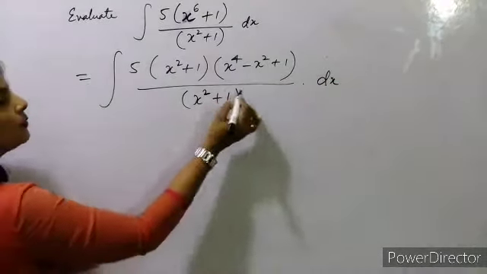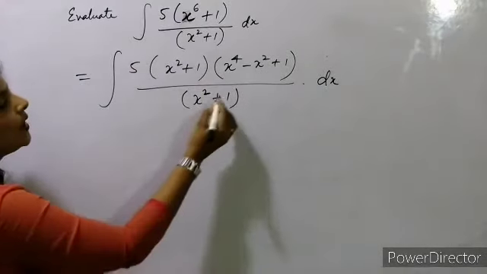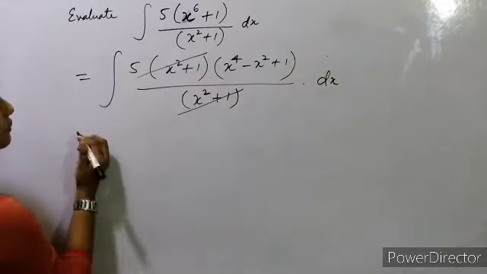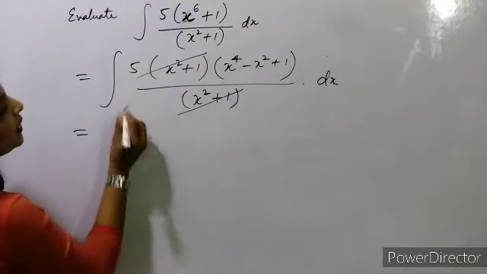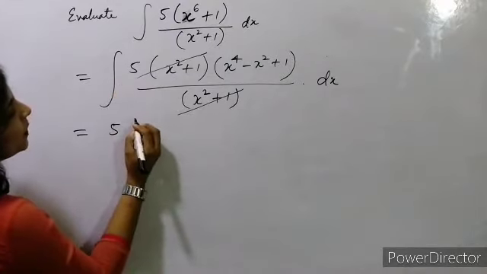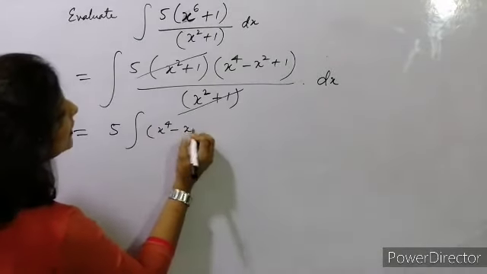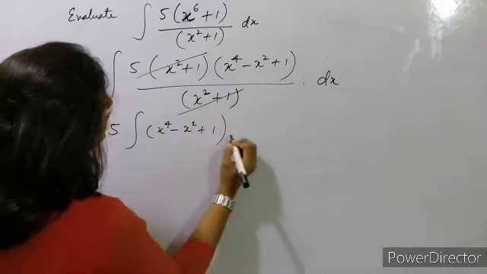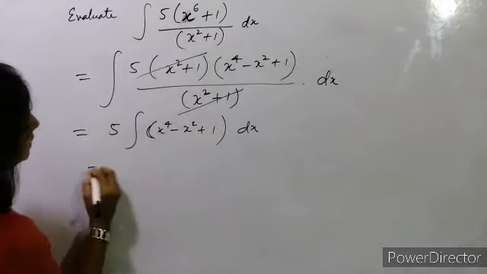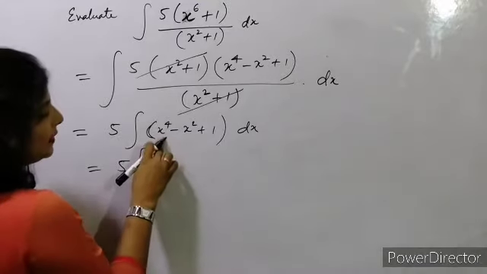So what we'll do, हम simplify इसको basically हम simplify करने के लिए we are doing this. So when we'll cancel this, it will be more easy for us to calculate. Okay, so when this is a scalar number 5, so what we'll do, 5 है, then x to the power 4 minus x square plus 1 dx. Okay, we have to find out the integral of this function with respect to x. So 5 will be here, and now first of all we'll integrate this function.